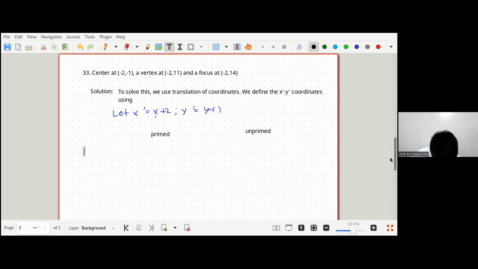Tapos, label natin. Vertex. And then, ano yung first na meron tayo. Okay, the vertex is going to be, so from the given,